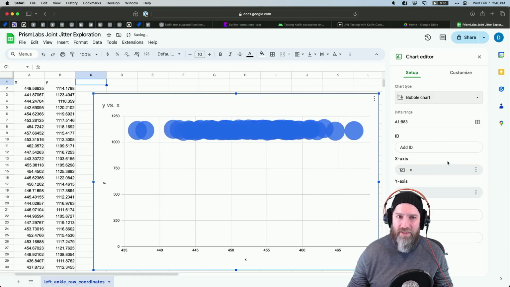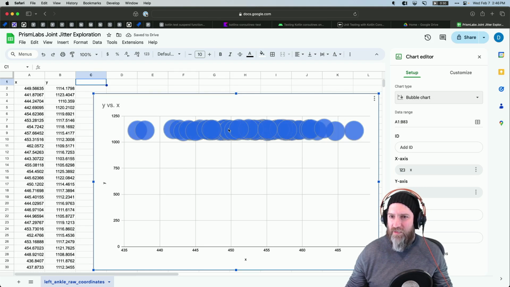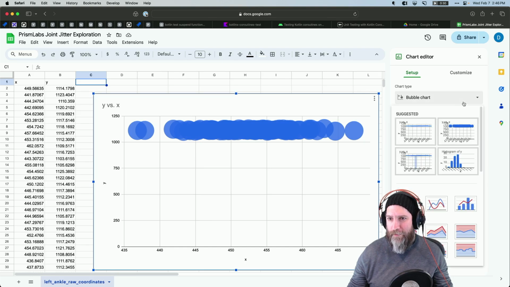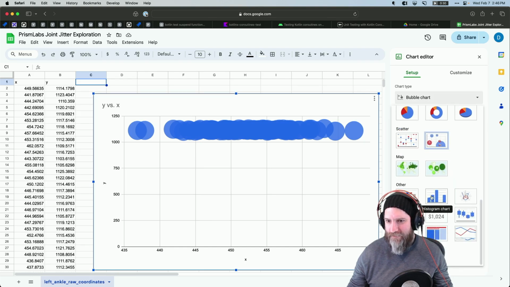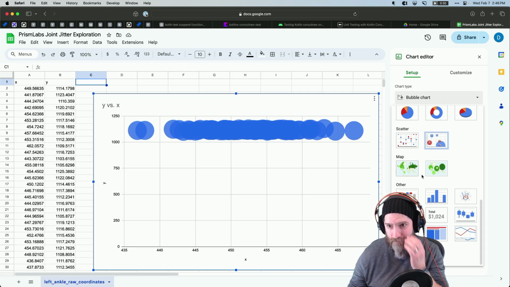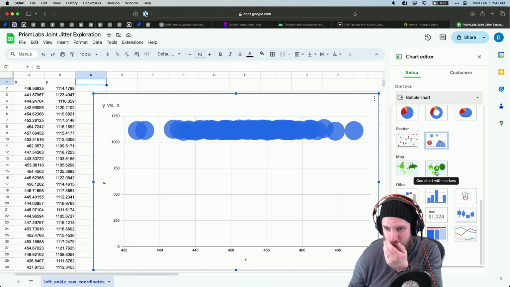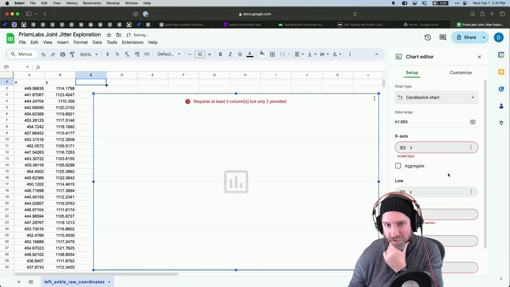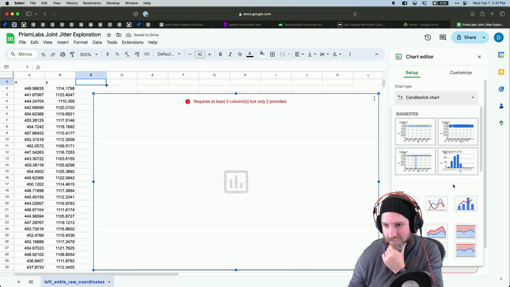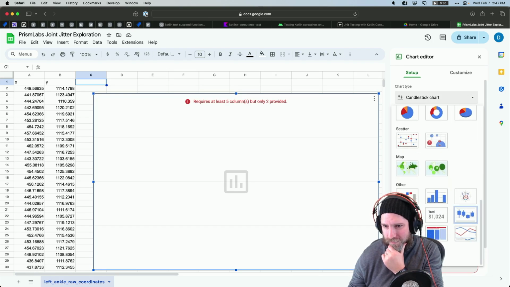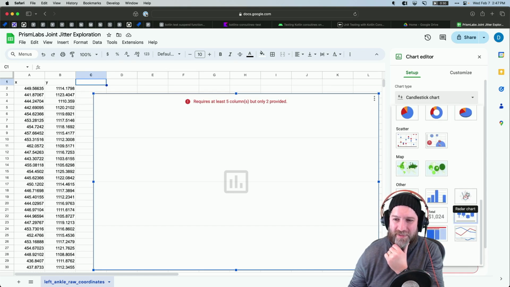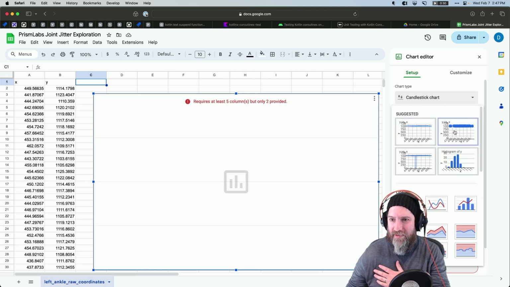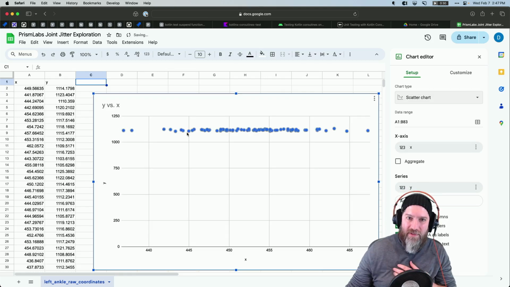A bubble chart? A bubble chart doesn't really help us. It'd be nice for grouping things. Candlestick chart? No. Would this radar chart help? I don't think the radar chart will really help. I think what we want is this scatter chart, but